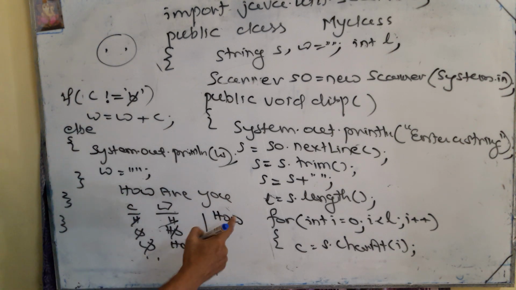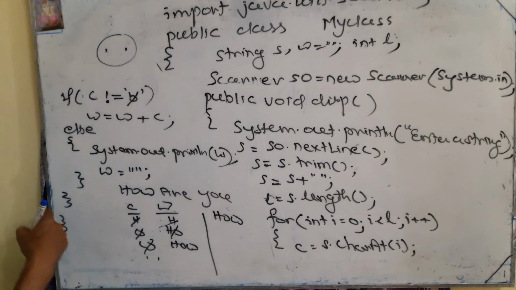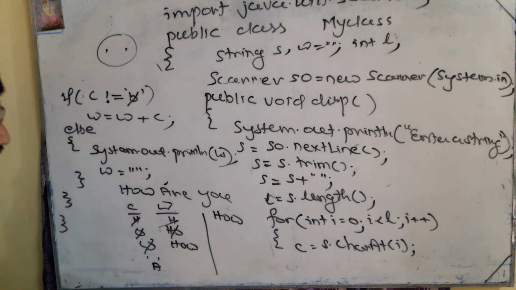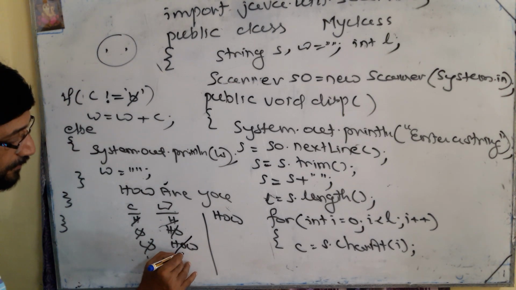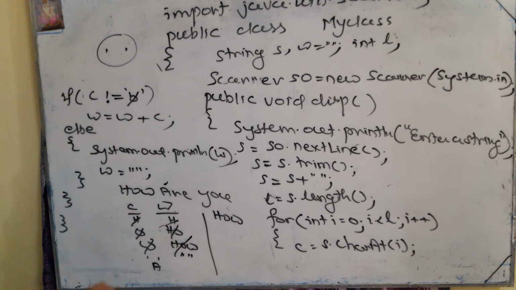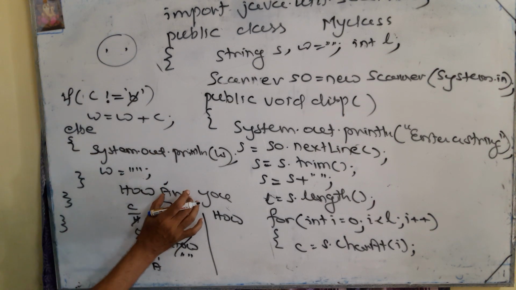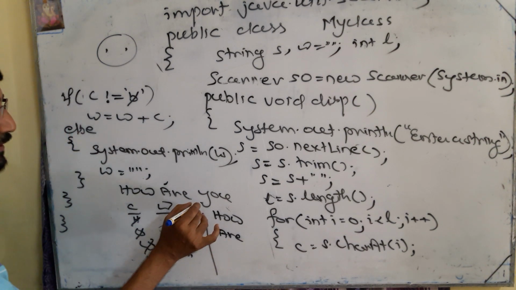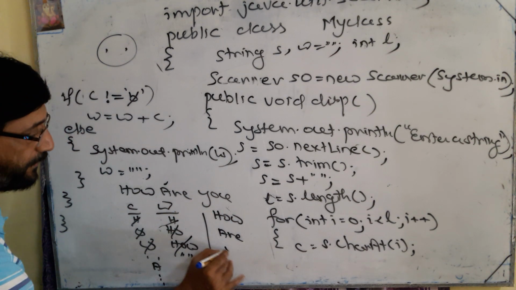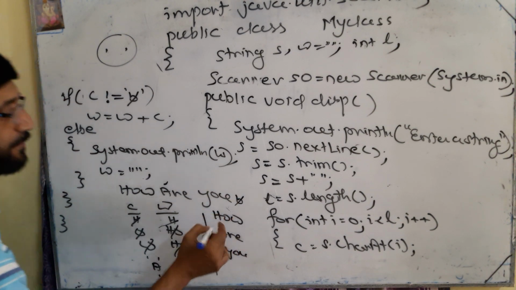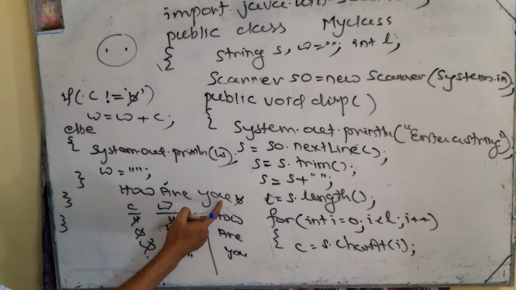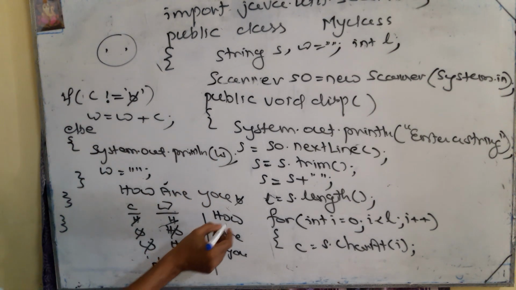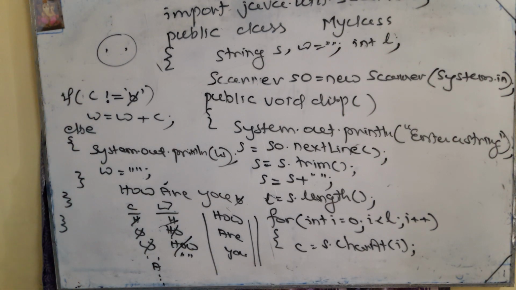Then you will come to this part again, and it will select another character, A. Sorry, after printing it on the screen, w becomes null. Again in w, ARE will be stored, and it will print ARE. Then YOU will be stored. Then it will print YOU, because of the space character we have added. After getting the space character, the condition becomes false. It will come to the else part, and in the else part YOU will be printed. So you will get all the words one below another.